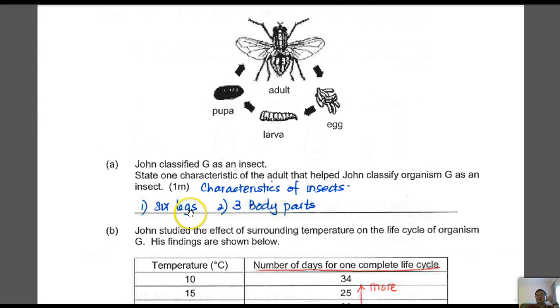Now, if you say these are insects because they lay eggs, no, we can't accept that, because other animals like the chicken and the birds do lay eggs. So anything that lays eggs, you call them insect? No, you can't. You have to have the very distinct, very unique features of insect, which are these 2: 6 legs and 3 body parts. That is how John classified G as an insect. Next,